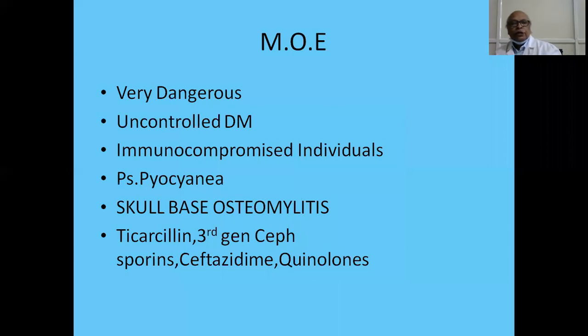You should admit the patient to the hospital and continue controlling the diabetes and give antibiotics, preferably ticarcillin or third generation cephalosporins intravenously, 1 to 2 grams 6-hourly along with an aminoglycoside, followed by oral quinolone, ciprofloxacin 750 milligrams for a long period, as long as 3 months.